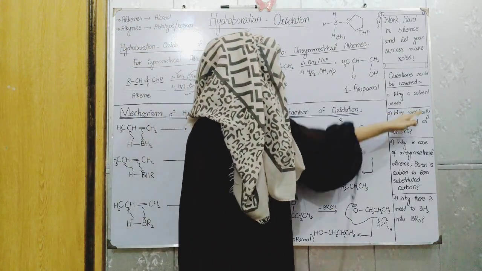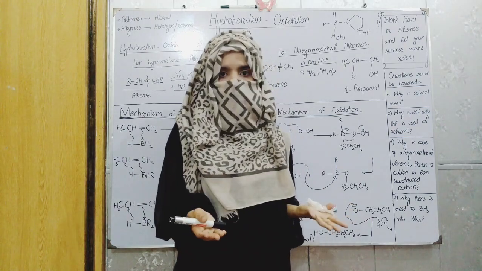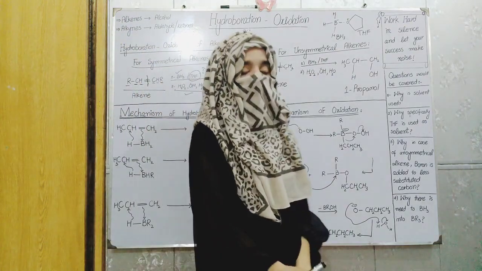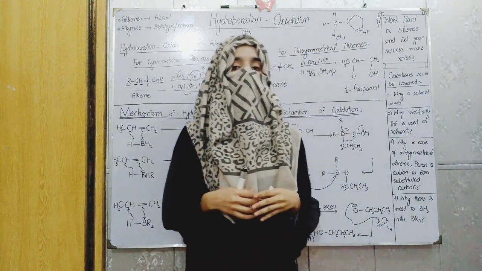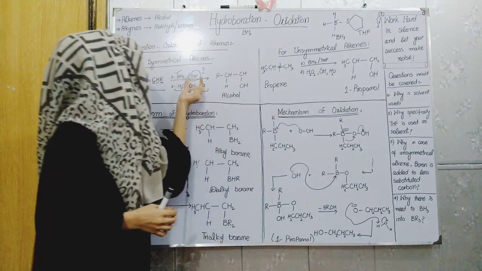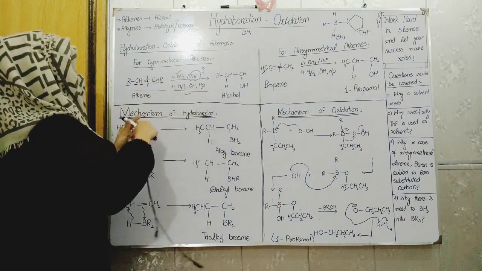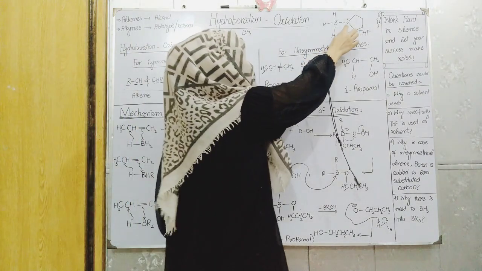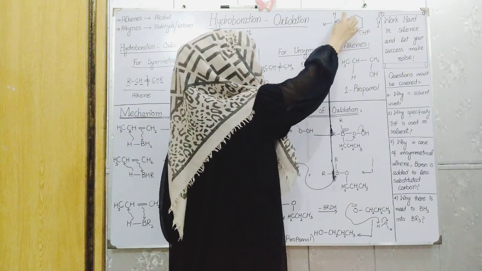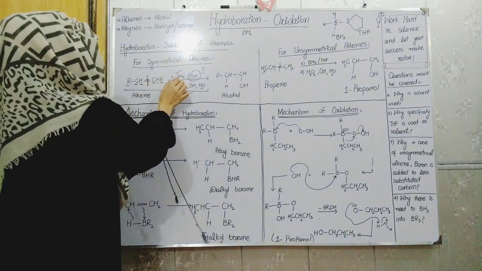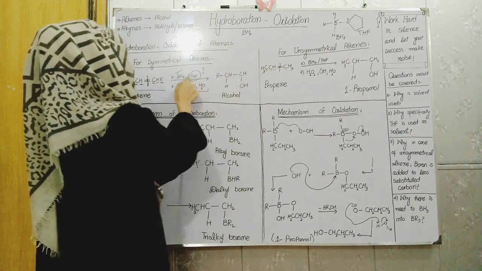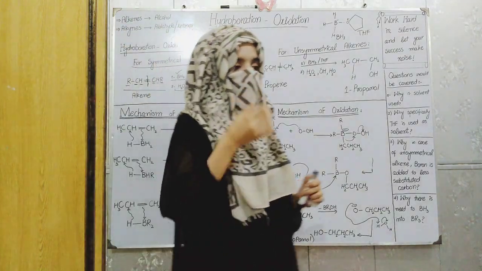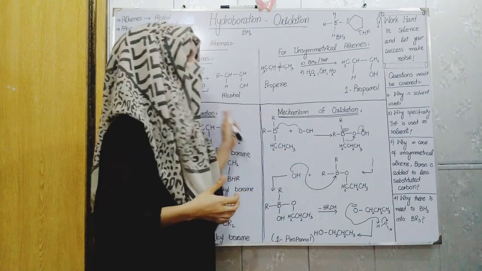And the second question is, why specifically is THF used as a solvent? Why are other solvents not used? The answer is that THF is a polar aprotic solvent, and aprotic solvents are those which do not donate protons. So THF does not donate protons, and it will not interfere in the reaction between the alkene and boron. As I said, THF forms a loose complex with boron, so it will break easily, and the boron reacts with alkene, and THF doesn't interfere in the reaction of the alkene and boron. That's why we use THF, as it is the best choice here.